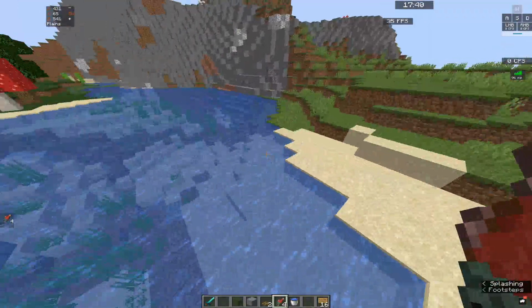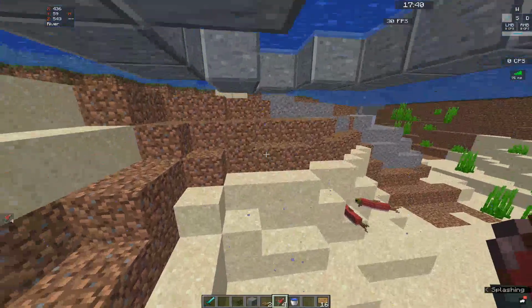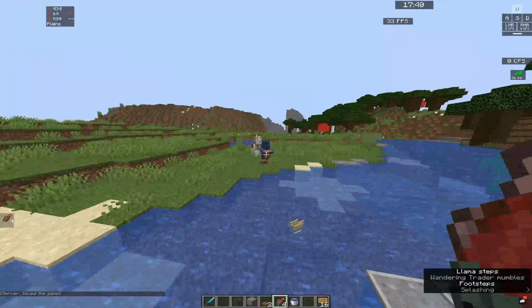Alright, so let's get started. First things first, you need to find a river. And when you're building this farm, you want to make sure that you're building it